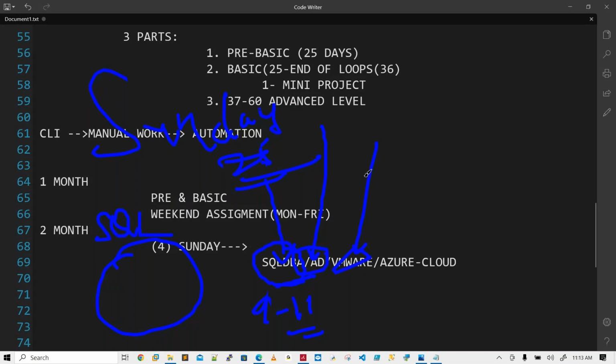But the remaining 55 hours of content is there, apart from these Sundays. These Sundays I will take in the second month, not in the first month. This is newly added content. Even people who completed the previous batch, I am going to invite. I want to provide genuine content. That is my main intention. I need to provide genuine content to the people.